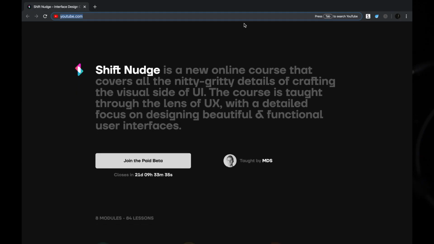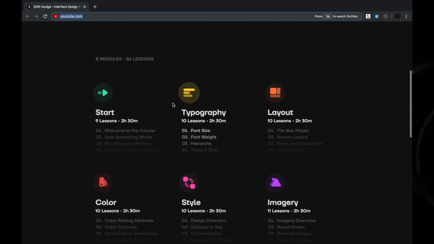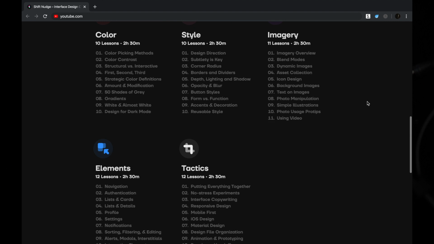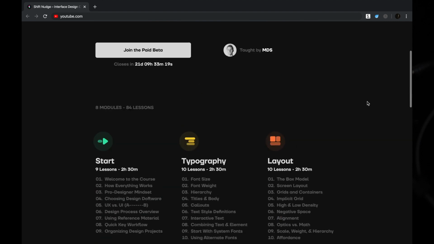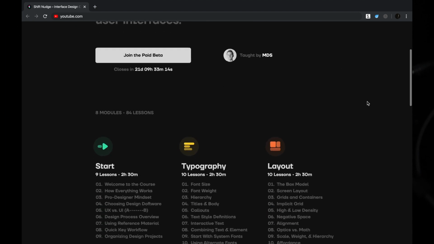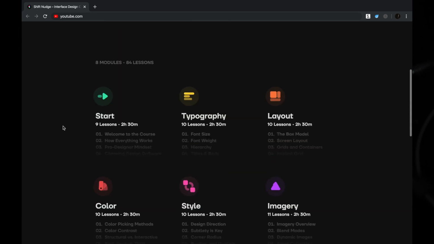In the next example, I want to show the beta page for Shift Nudge, which you've probably already seen, but you might not remember. On this, I wanted to list all of these lessons out, but I didn't necessarily want to show them all at once. I just felt like that was a lot of information to parse when someone first landed on the page. So I wanted it to be a little bit intriguing,